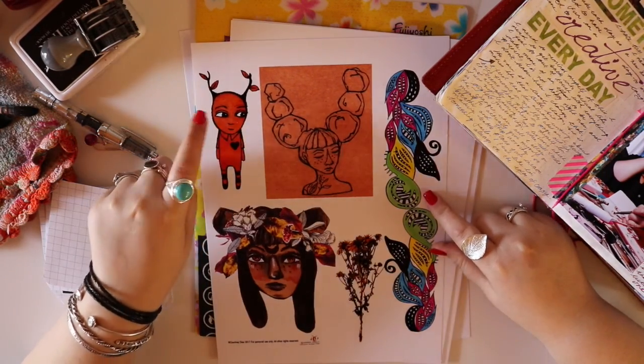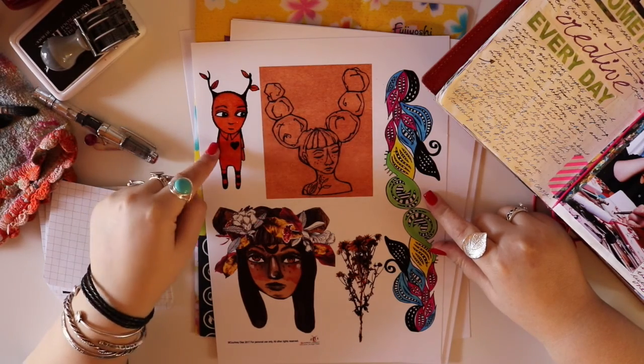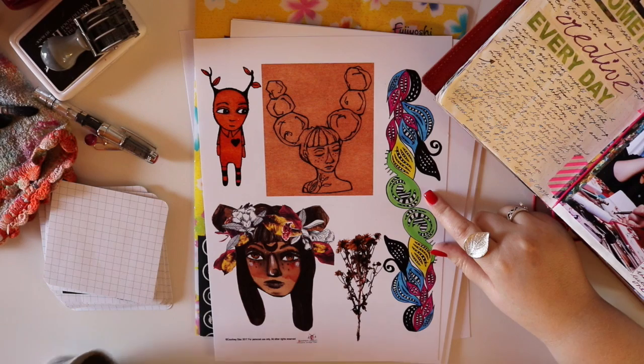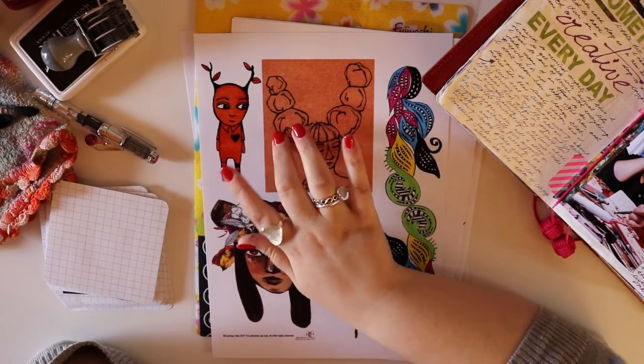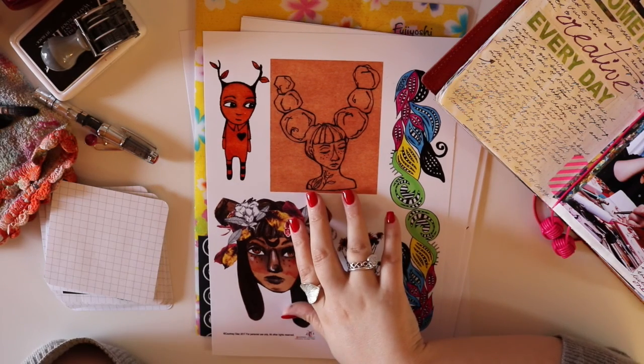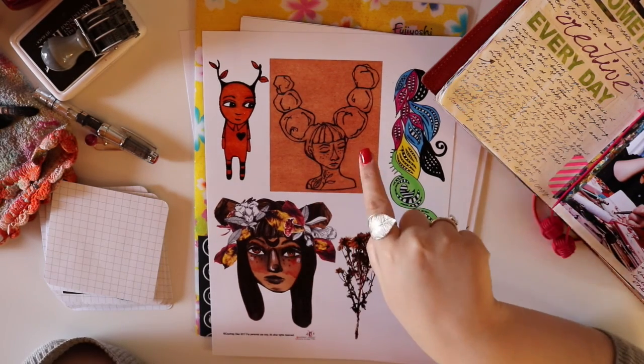Little creature on craft cardstock. You can color him in. I left him as is. Craft, even though it's beautiful to draw on and looks fantastic, sometimes it's a real pain to edit. So I did have quite a hard time with these two, especially since there was no color to sort of tone down the craft. So they do look a little bit grainy,